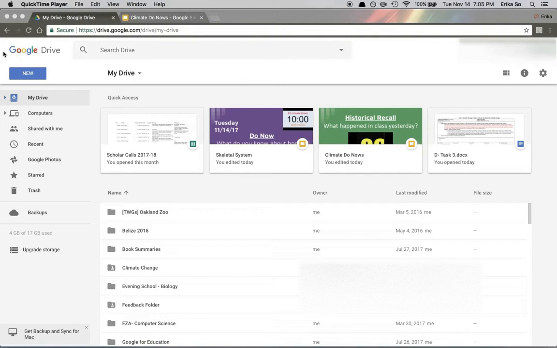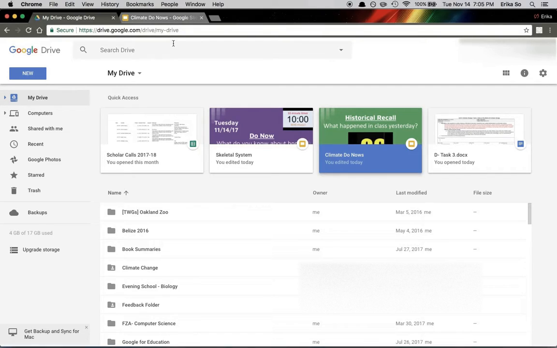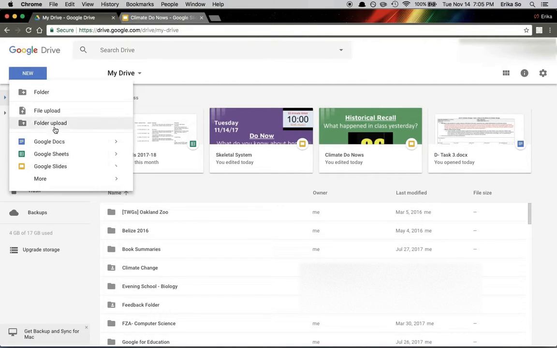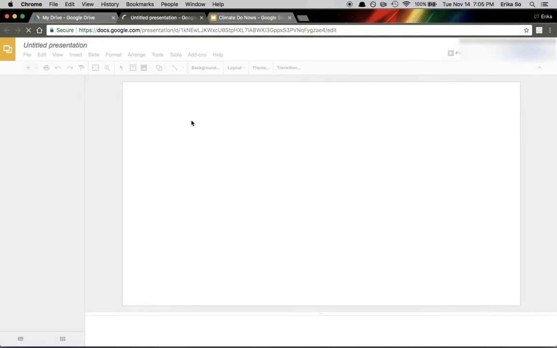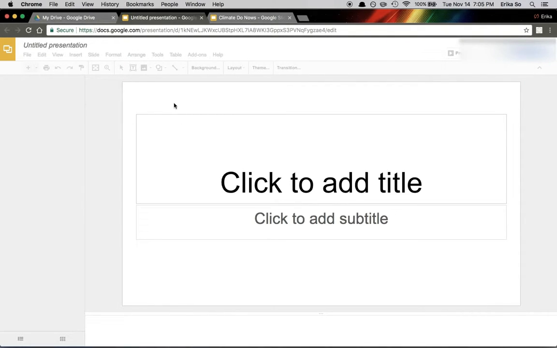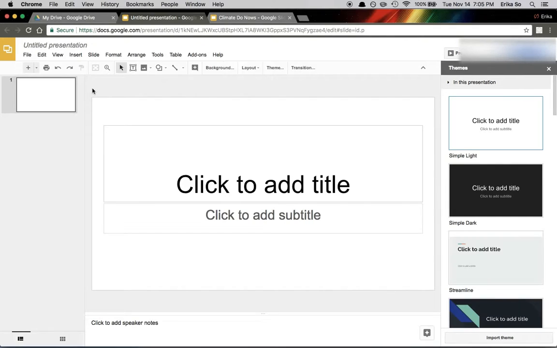So one of the cool features of Google Drive is that you can create slides that have videos and pictures and all that. So if you were to make a new one, you go to your Google Drive, hopefully you have a Google account, click New, and then we'd go down here where it says Google Slides. And that would open up a new box in the browser. From there, what you would do is you would say insert